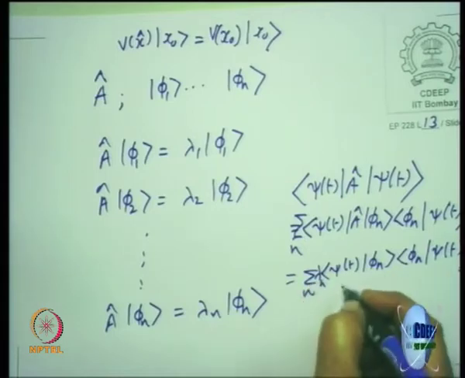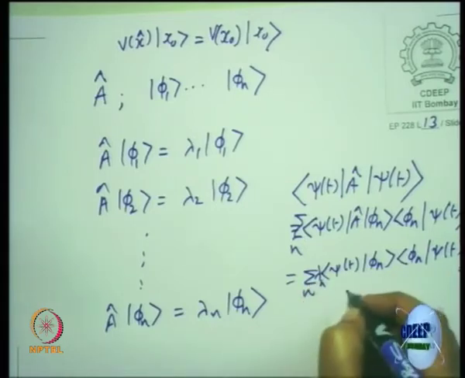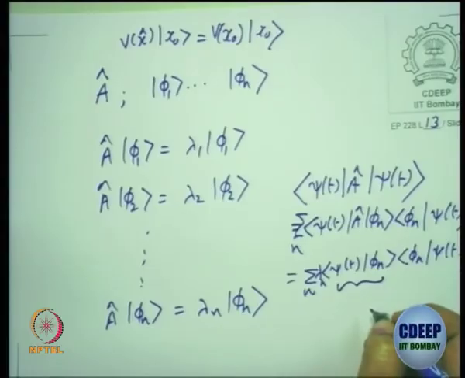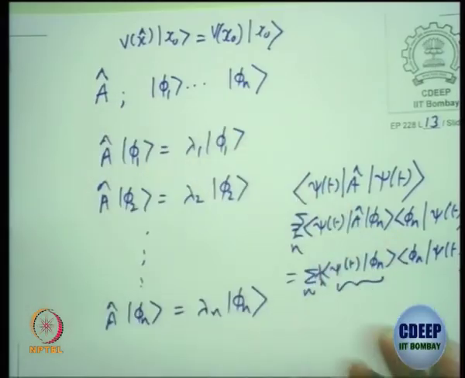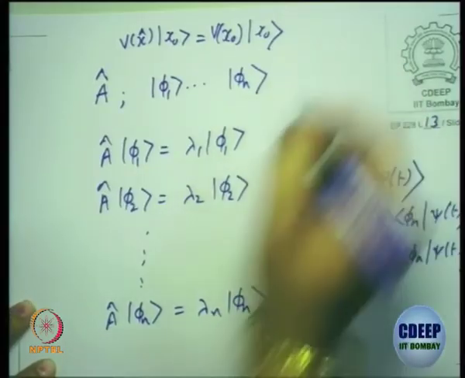But then this, you know what it is. This one is the probability of the state psi to have a specific energy, or A operator eigenvalue, as lambda n. That is what you can say. That is the coefficient, and this will be the star of that coefficient. Suppose you write psi of t